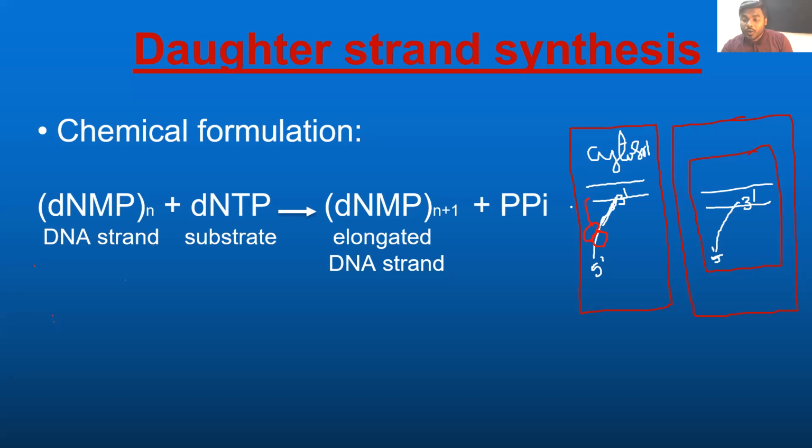So what has to happen now? This immature mRNA has to undergo processing. We're going to read it separately: 5' capping, 3' polyadenylation, followed by splicing. All together, what do you call them? Post-transcriptional processes. Why do you call them post-transcriptional processes? Because they happen after the transcription, not before the transcription, right? That's why we call them post-transcriptional processes, and they take place in the nucleus only. Do not forget that point, friends.